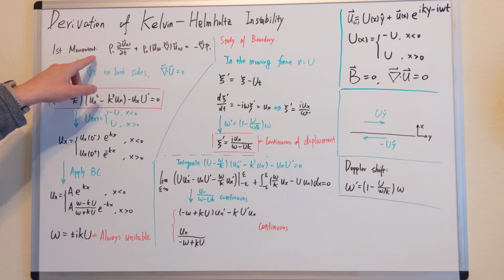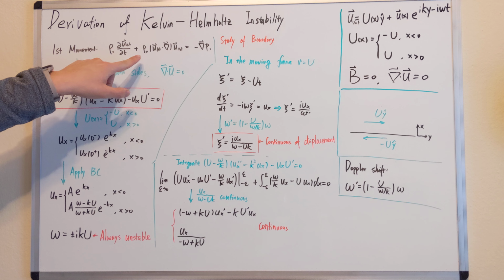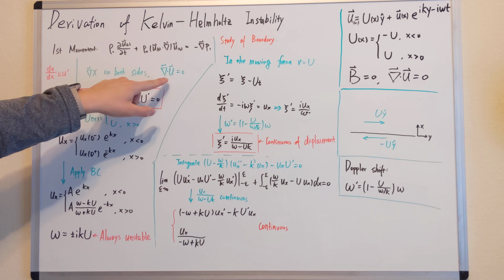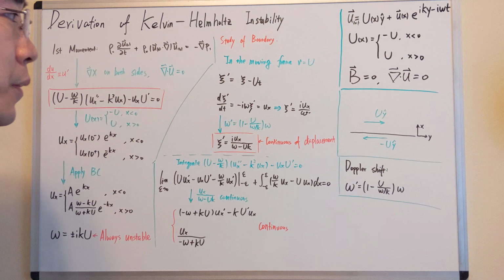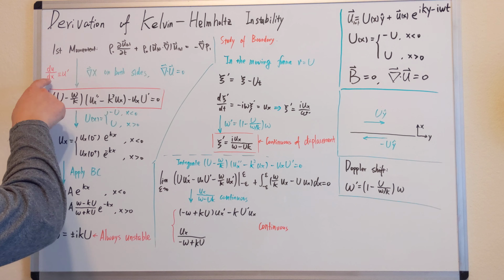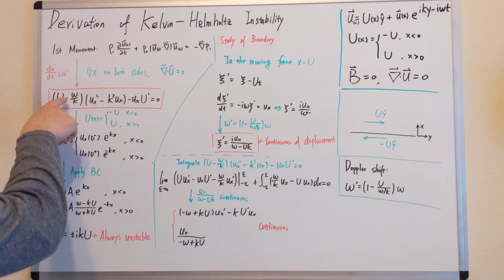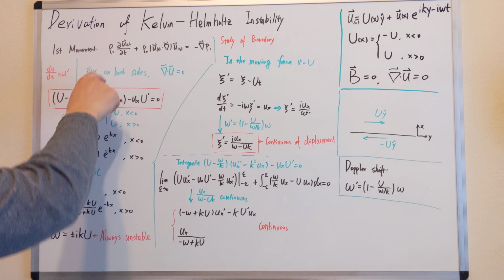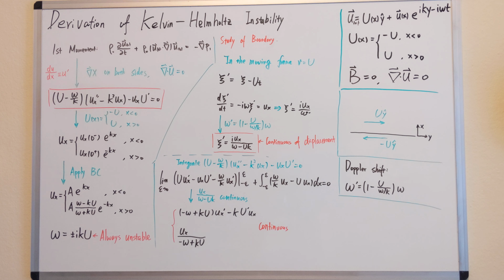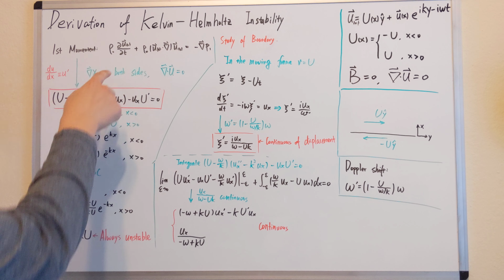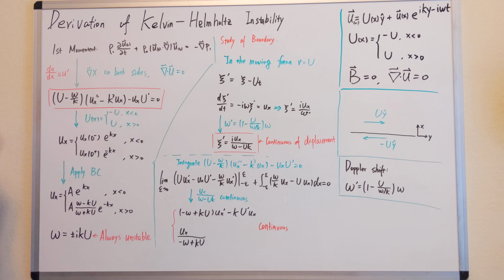So we take the first moment and then do the curl on both sides and impose incompressibility. Of course, we define du/dx as a prime. So we have this expression. We have x, y, and z, three directions, and then we can eliminate some unknowns and end up with this neat expression. Basically, eliminate u_y and u_z,